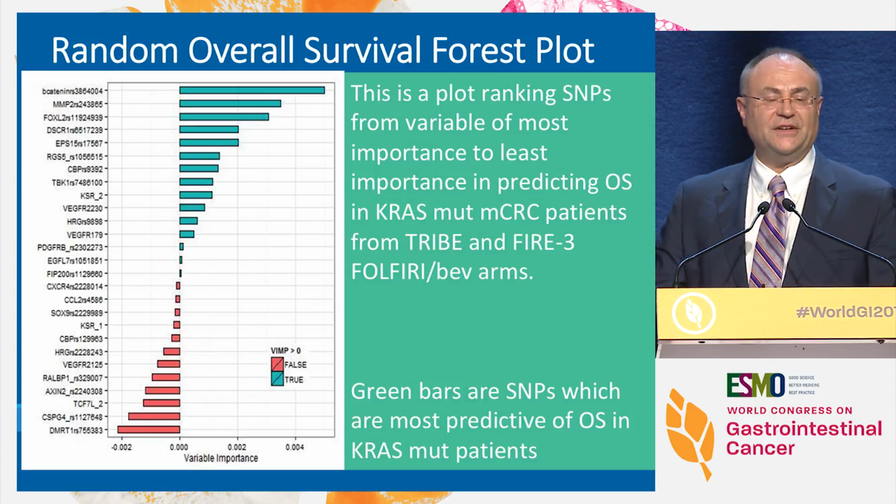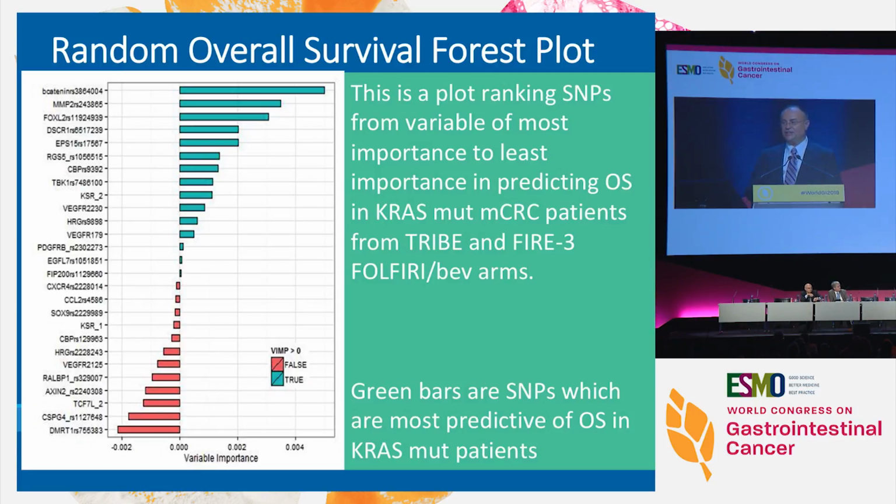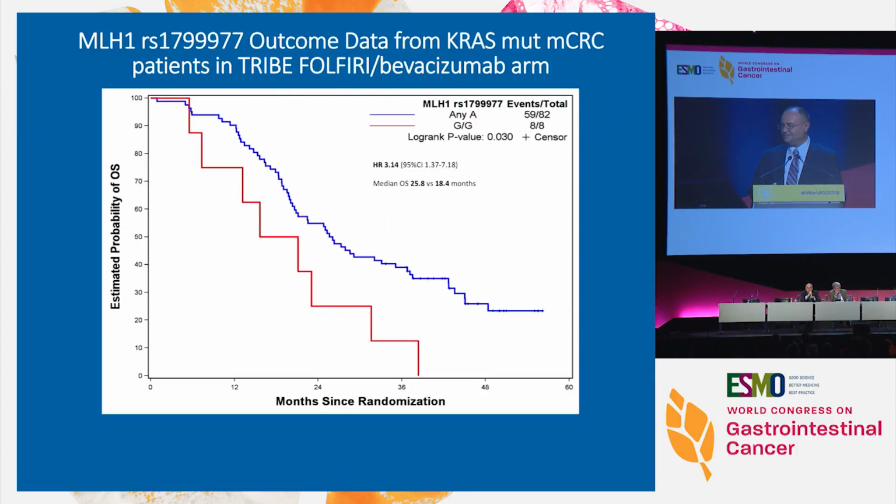So what is so different with mutant KRAS? We actually did a large study on FIRE3 and TRIBE and Maverick. The biomarkers predicting outcome for mutant RAS are completely different than wild type. But when you look in this list, you can see TPK1 and you can see KSR2. These are the critical enzymes which actually pop up in lethal screens as most important factors associated with outcome in patients not treated with any inhibitors of RAS.